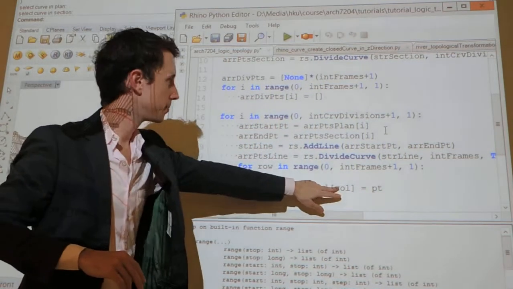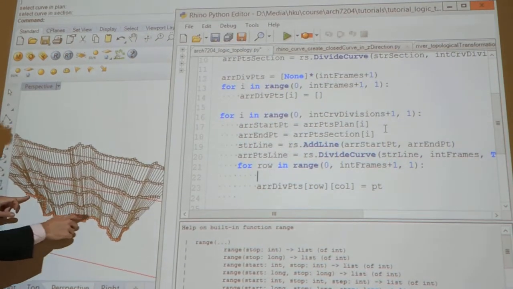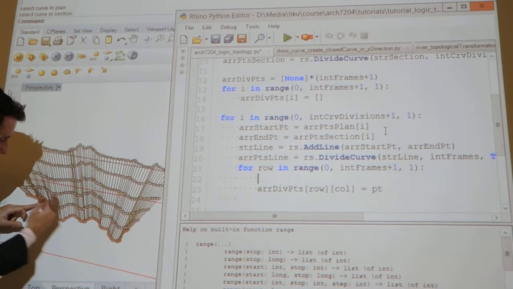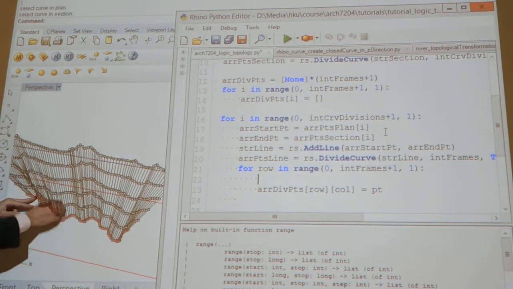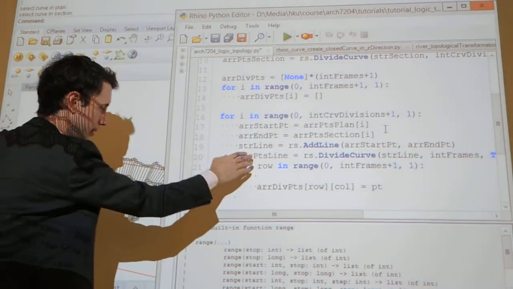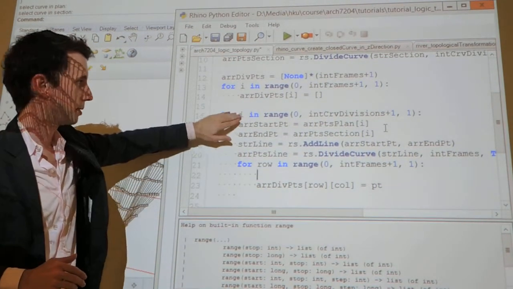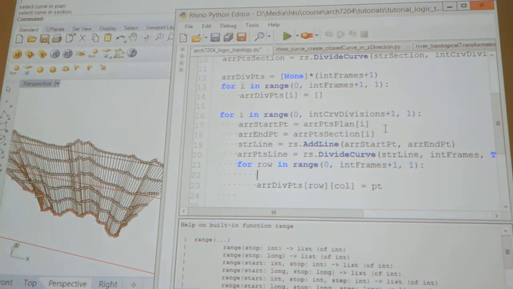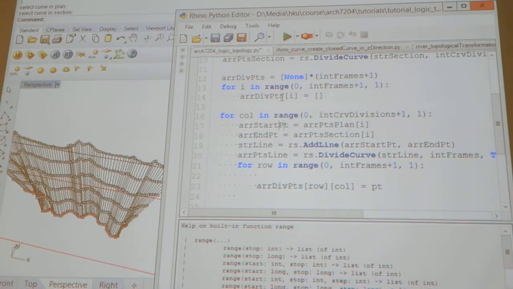This column here is I, because we divided these curves into points I, so that is the column. The division point along the original curve is the column that it's in. So the row is here, the column is here. So for ease of syntax, we're going to change all of this I, here, to the new variable name column. So for column name,